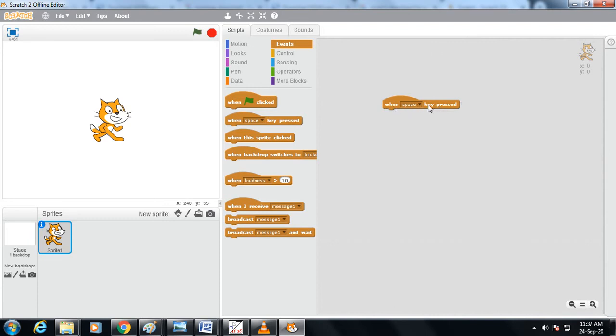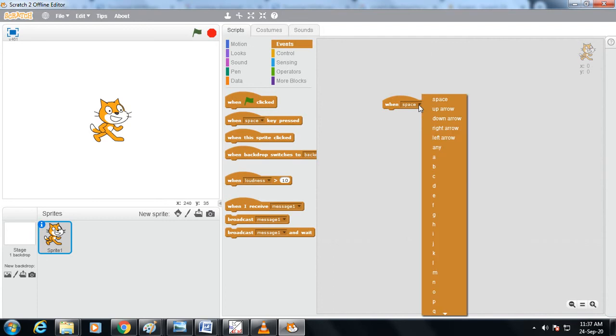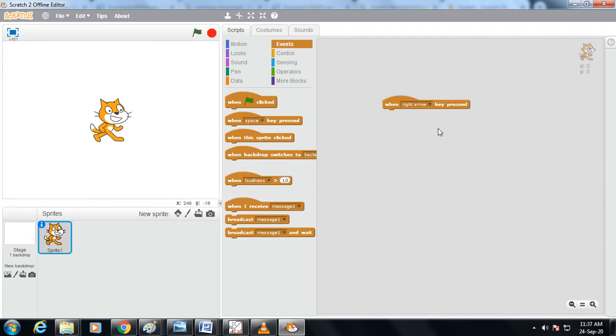When spacebar key pressed, no, we want to move this character when the right arrow key is pressed, fine. Now when the right arrow key is pressed, we want our character to move in the right direction.